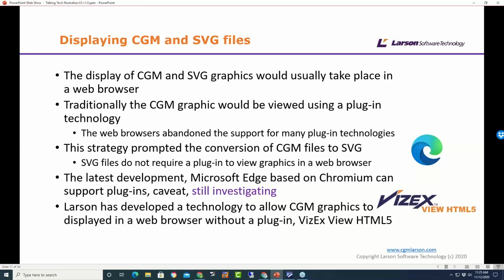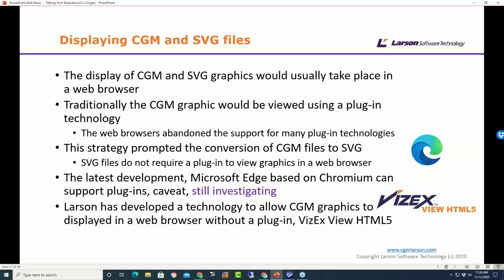As you know, a web browser environment is probably the most common way now to distribute your information with technical manuals, certainly on the web, or PDF for that matter, for traditional print modes. So our strategy is that we wanted to make it as easy as possible for our customers to use whatever format they wanted, either CGM or SVG.